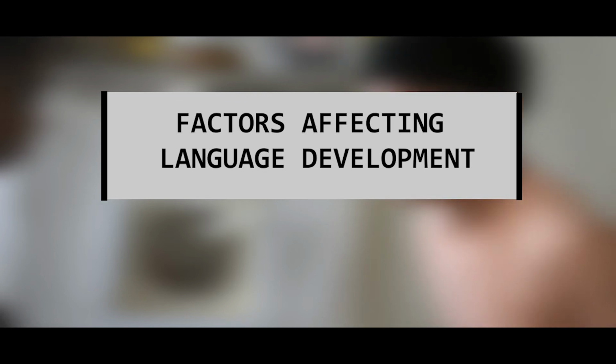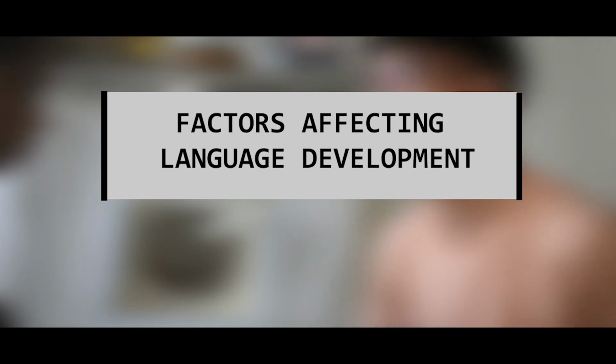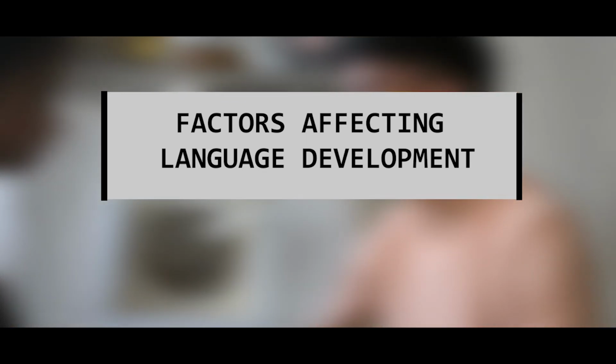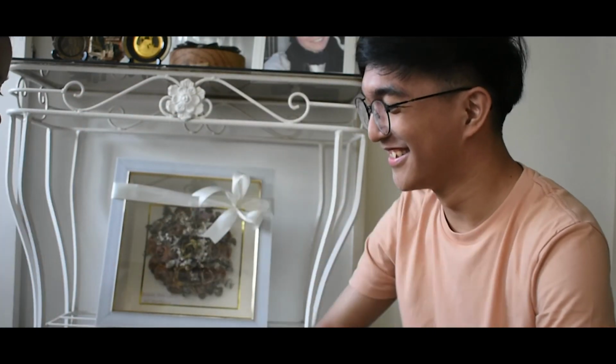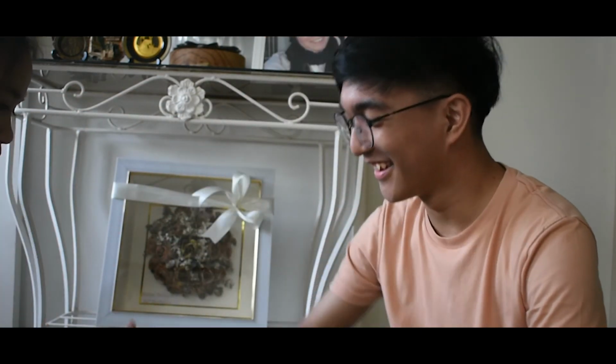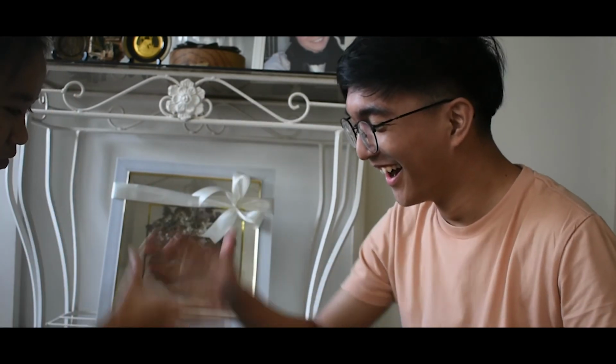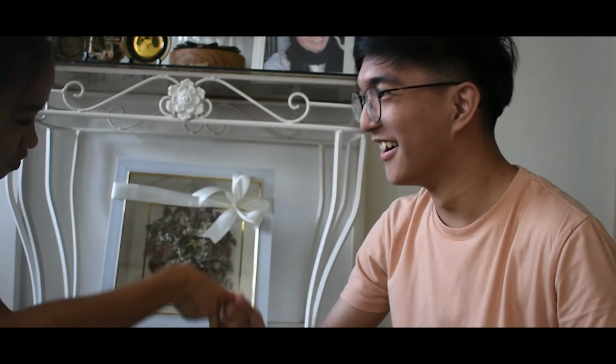Factors affecting language development. Number 1. Early language stimulation. Parents and caregivers can help the development of a child's communication through natural and everyday activities. These activities are playing and talking to the child. In fact, most of the messages we convey are done through nonverbal means, such as body gestures, facial expression, body language, eye contact, and touch.